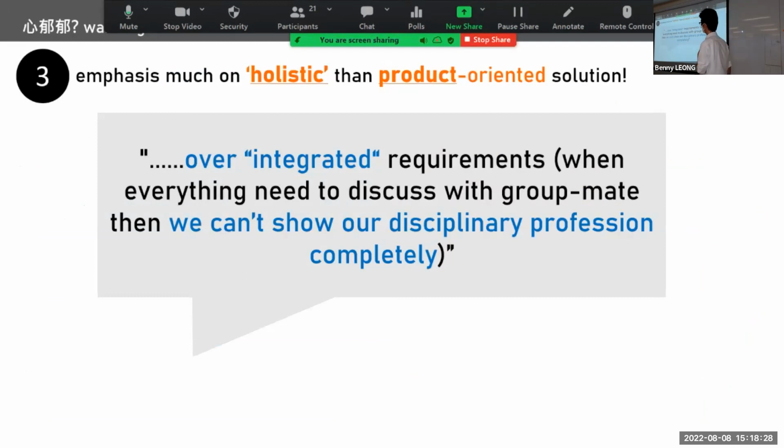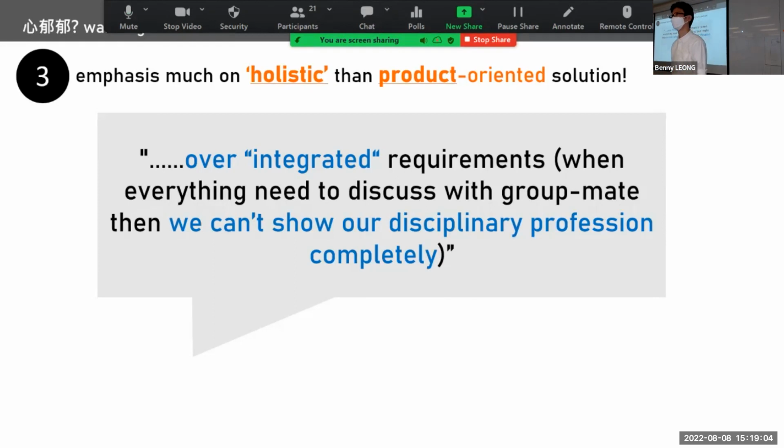One student mentioned, "Hey, it seems that everything's so integrated. Where's my discipline? Maybe I'm doing the whole holistic solution, but then my discipline-specific output may be shied away." But I think you have to understand the difference of this integrated designpreneurship or integrated Capstone from before. It doesn't mean that we want you to just produce your own, for example, you're from environment design, only making interiors or urban stuff.